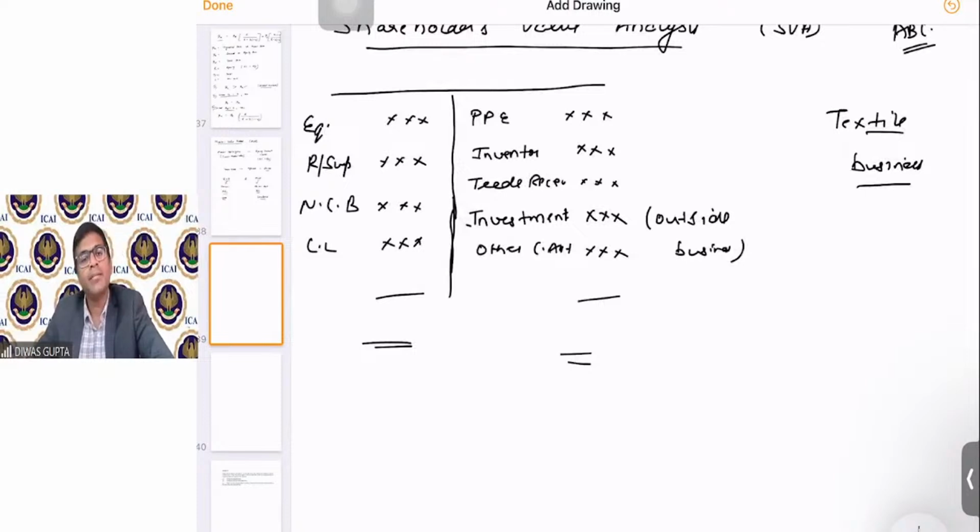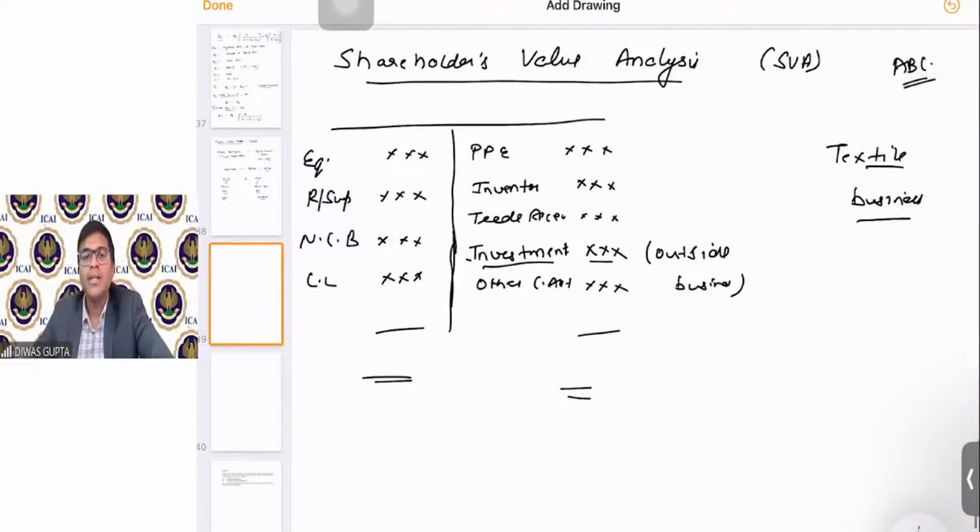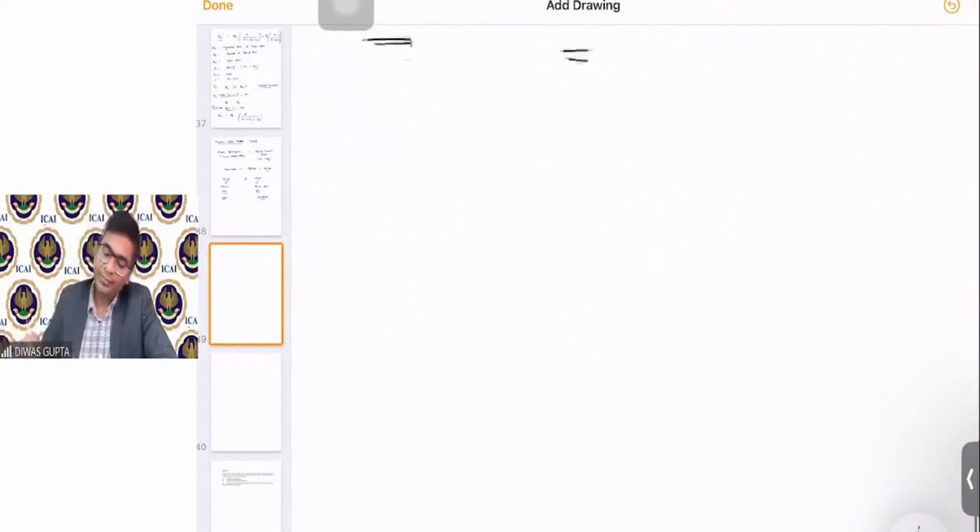And this is their current balance sheet that they have, right? So there is a policy, whatever they earn through business, they invest in an investment outside the business. Now, we have been asked to analyze the shareholders value that is there. Okay, the shareholders value. So step by step, what we will do, the first step,